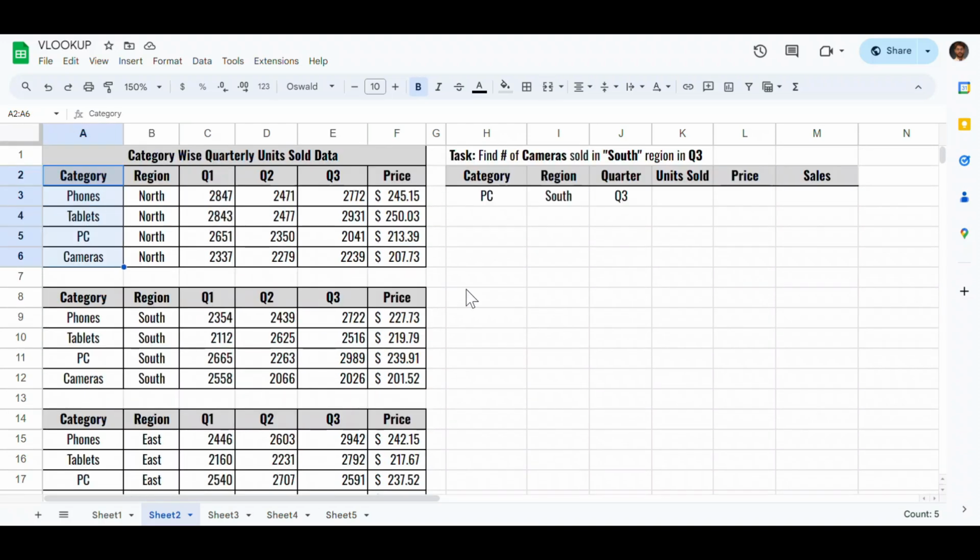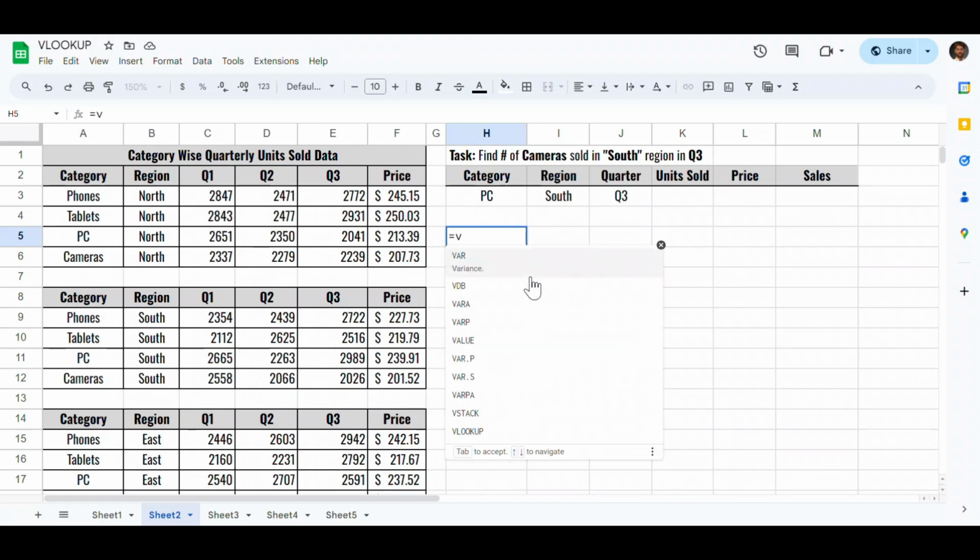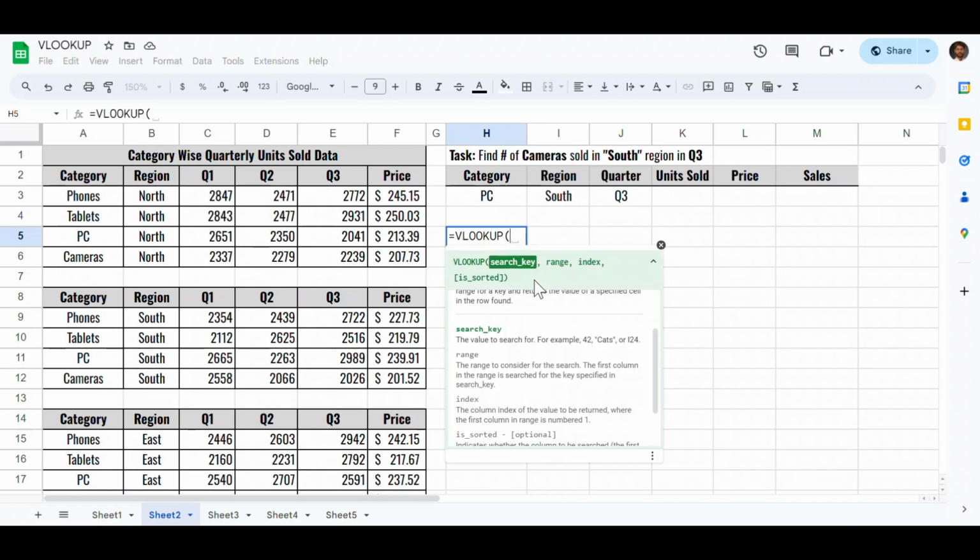And in this case, we want to find out the number of cameras that are sold in the south region during quarter number 3. And then we also want to retrieve the price of that particular region, because prices are different in each region. And finally, we want to find out the sales value. In this example, we will use the IF formula inside of the VLOOKUP formula because we have different ranges in this problem. So let's go ahead and I will start typing the VLOOKUP formula,